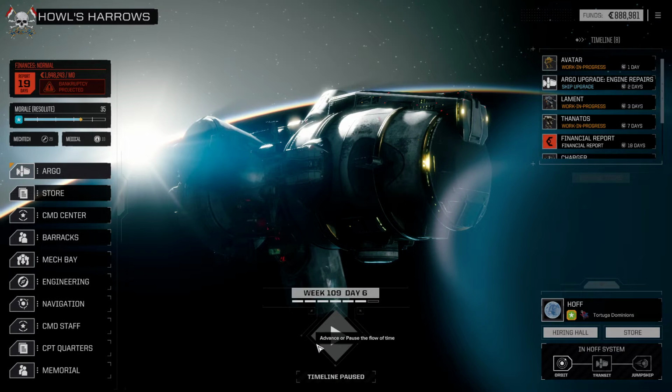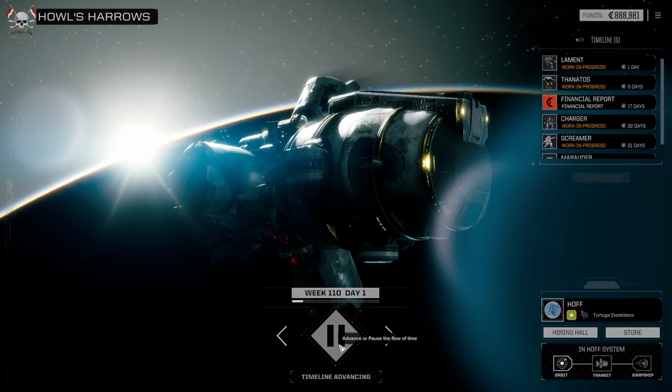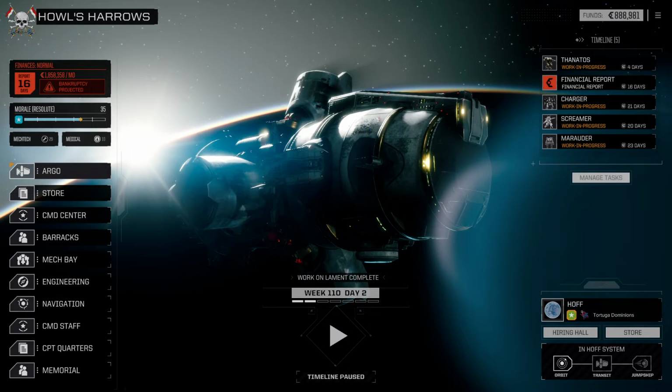So we'll wait one more day just to make sure that he's all cycled up. Actually, we'll wait. Hey boss. Engine upgrades complete. Give me one more day for the limit. And stop. So we got the Thanatos, the Screamer, and the Marauder coming in the next...